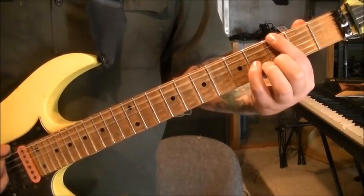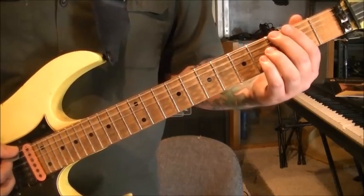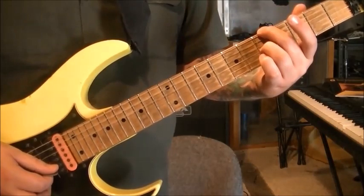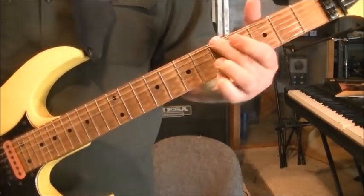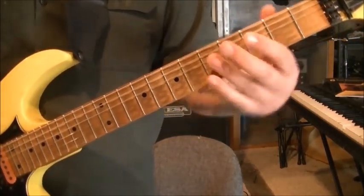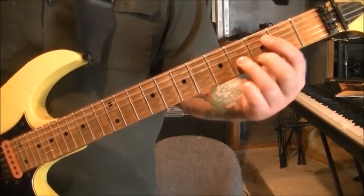And then, let's see, you want to go middle up here if you want to catch this slide, but you'll slide from 3 to 5 on the low E. Go 5G, open B, 5G. He does variations there, 1 second. But, and then back to the 3G, or 3E, 4G, 3B, 4G. So that second part would be